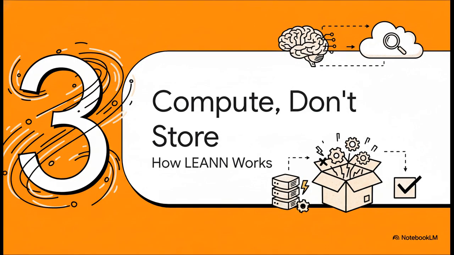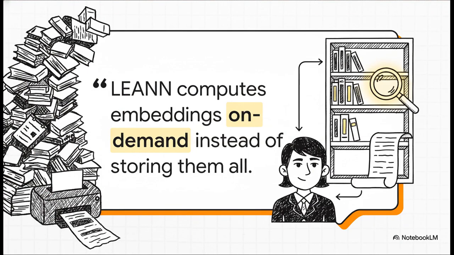Well, the magic behind LEANN is actually a really clever shift in thinking. Instead of trying to store everything up front, it follows this simple but really powerful principle: compute, don't store. Think of it like this. Traditional methods, they create these things called embeddings for every single piece of your data and then store them all. It's kind of like printing out the entire internet just in case you need to look something up later. It's crazy, right? LEANN, on the other hand, is more like a genius librarian. It keeps a very small, very clever map of the entire library, and only when you ask for something does it go and find the exact page you need right in that moment.